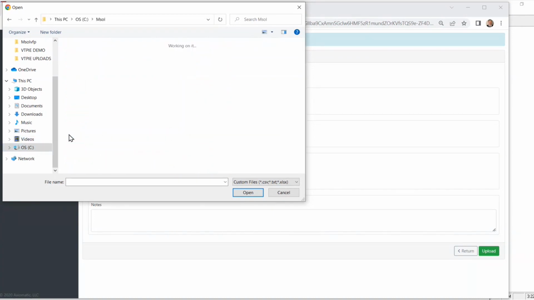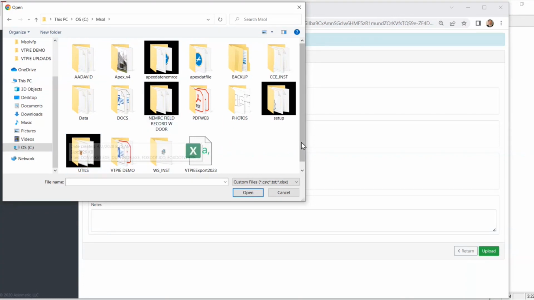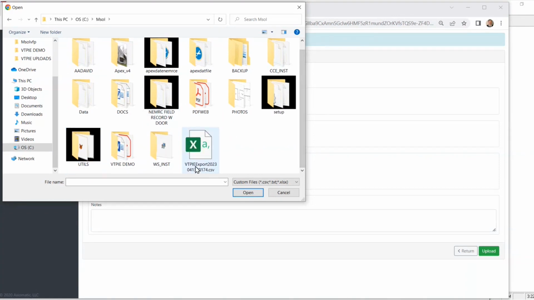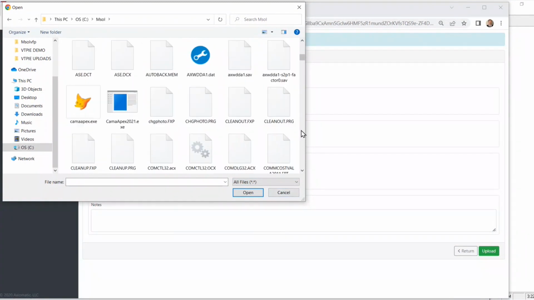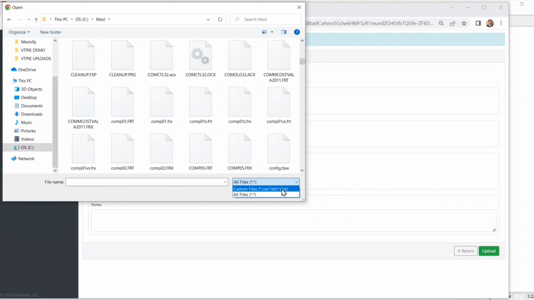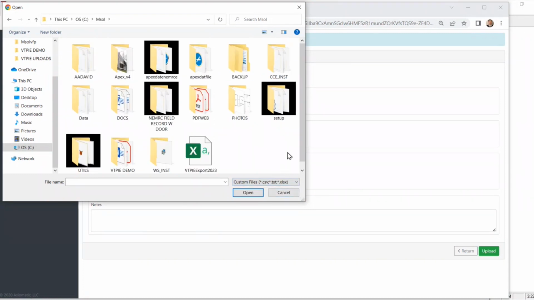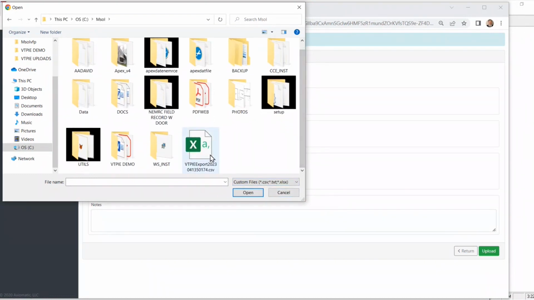I'm going to select my Microsoft folder. And there's a file called VTPIE export. It's looking for a CSV file. So that's why you don't see that many files in this list. If this drop down is set to all files, now it gets much harder. So we can just simply go to CSV text files and it'll isolate just the CSV files you have